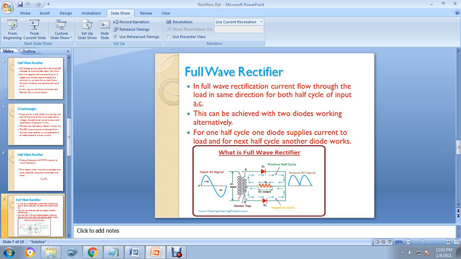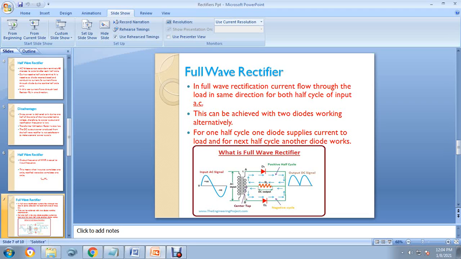When the negative half cycle has been given to the primary of the transformer, the secondary of the transformer gives it in such a way that terminal B becomes positive and terminal A becomes negative. So when this negative is given to your diode D1, the diode D1 becomes reverse biased and the diode D2 becomes forward biased, which conducts and gives the current, and passes the voltage through this load resistor RL, and we get the positive voltage above. Here the current direction through the load resistor is the same as usual.